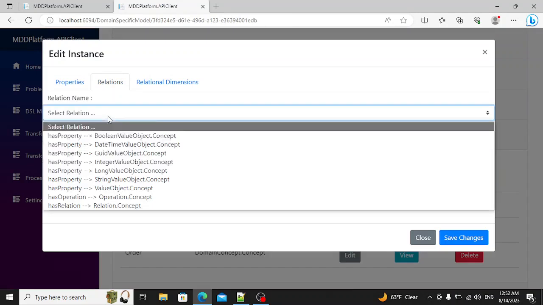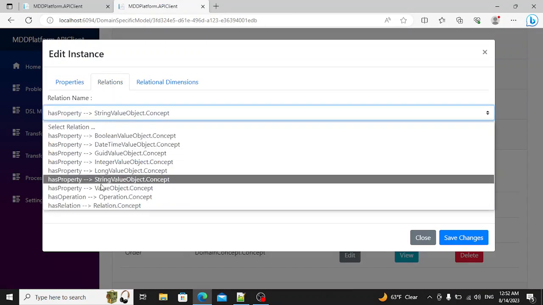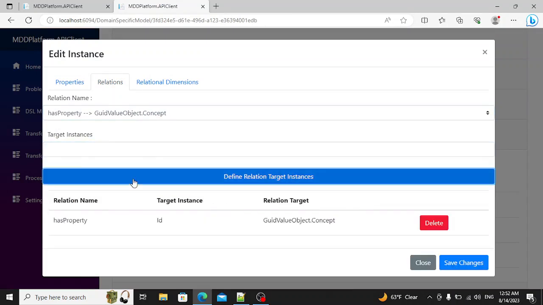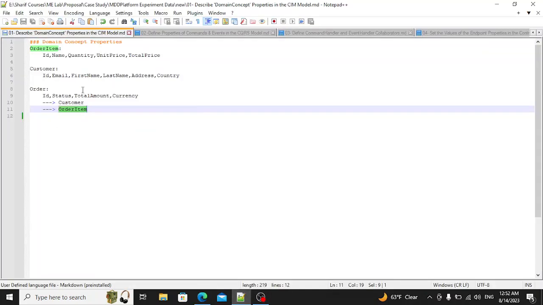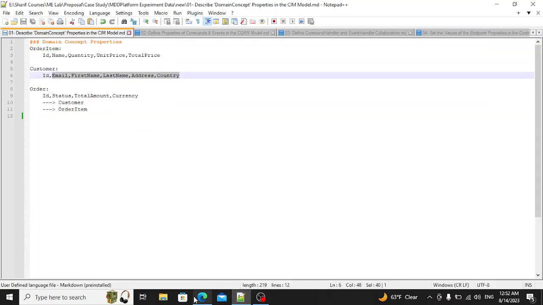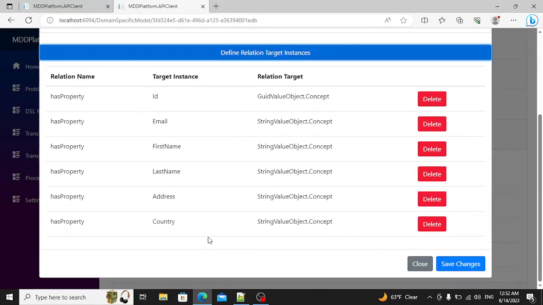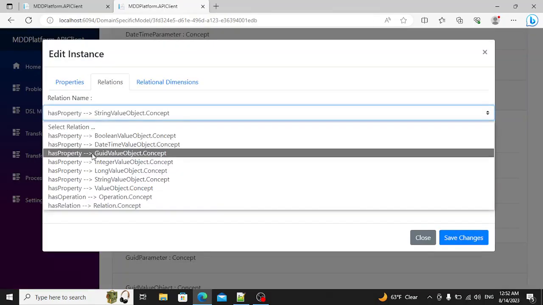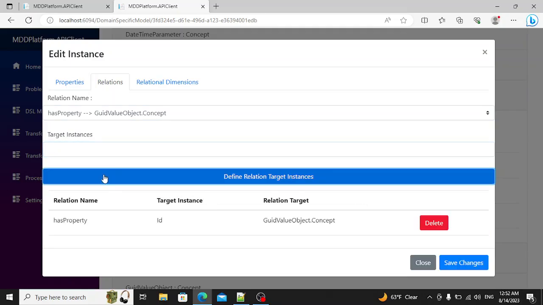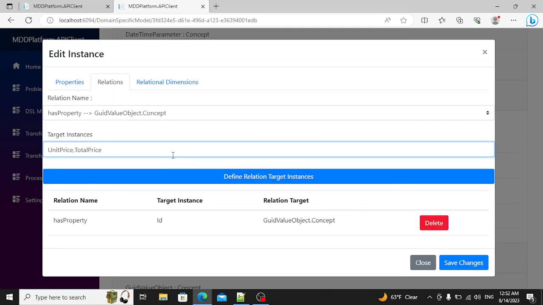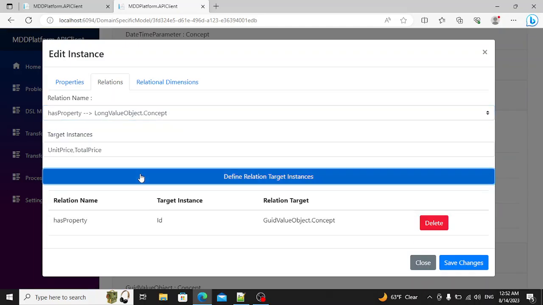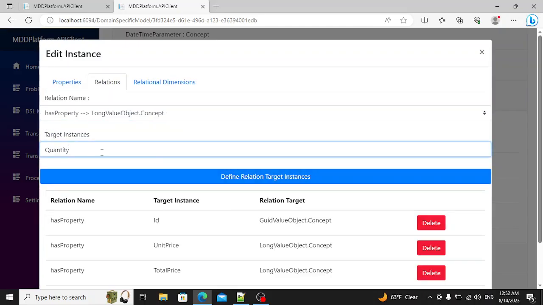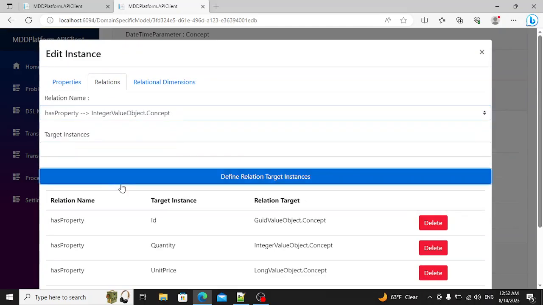Additionally, the concept of an order is related to the concept of a customer. Each order belongs to a customer, and an order may consist of one or more items. Let's proceed to describe the CIM model based on this information. From the list of models, select the CIM model and define the domain concepts. For instance, describe the customer properties, define the ID feature, along with other properties like email, first name, and last